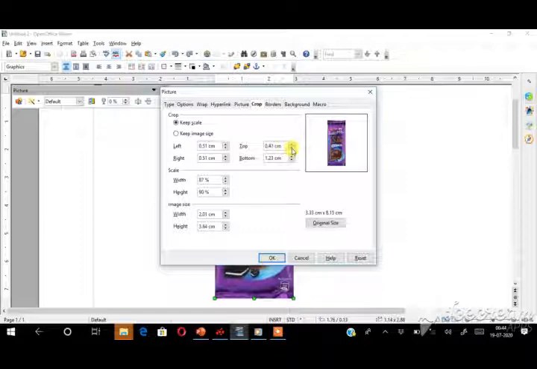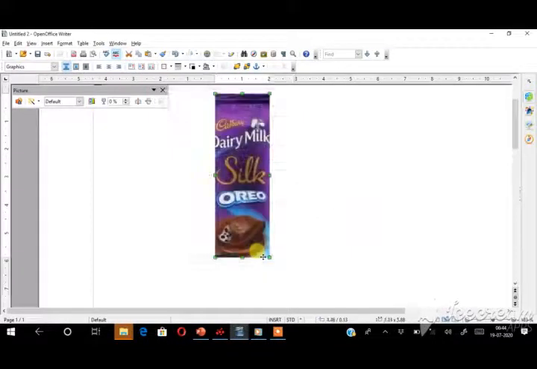the value will be increased. See in the right side, one rectangular box will appear on the picture. If you press OK button, only the rectangular part is visible to you. The remaining part will be deleted. See here. The rectangular part only visible to you. So this is the crop. Our picture size will be reduced.